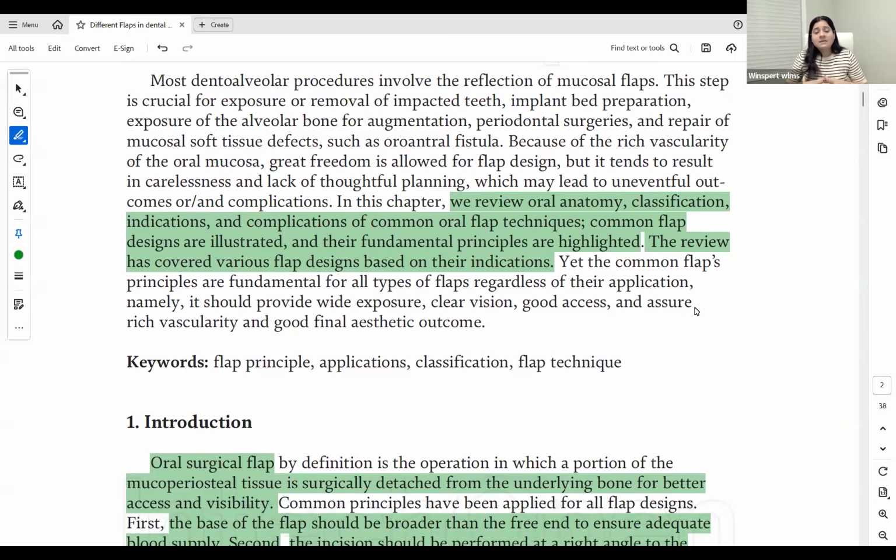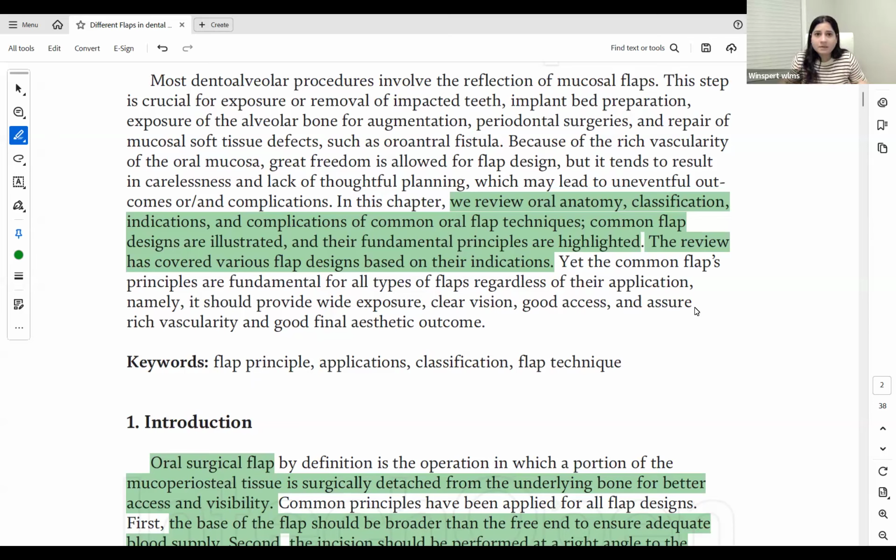So, based on that understanding, newer questions in the examination were added regarding what kind of flaps will be used, right? To address those questions, I thought let's cover a topic where we can at least cumulatively talk about various flap designs. What are the benefits? What are the challenges? What are the complications? And what are the common procedures where flaps will be needed? And in those procedures, what are the flaps that you would prefer, right?